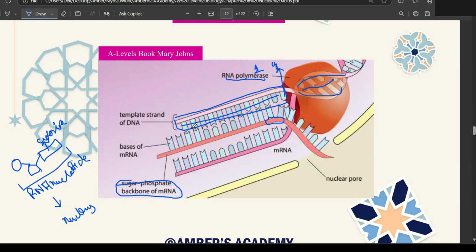यानी ये आपका DNA unwind हो गया, और बीच में आपके RNA nucleotides are binding with the template strand of DNA. जहाँ पे ओपन अप हुआ वहां पे वो अपने आप को स्टिच करवाते हैं, और पीछे जो शुगर फॉस्फेट पार्ट है, वो mRNA की backbone बना रहा है। और जैसे जैसे ये बनती जाती है, जैसे जैसे nucleotides connect होते हैं, यानी अभी मैं कह रही हूँ कि ये जो nucleotide इधर है, it's not in a composed manner, it's free in the nucleus, but now when it is stitching